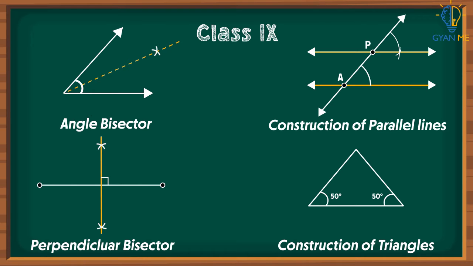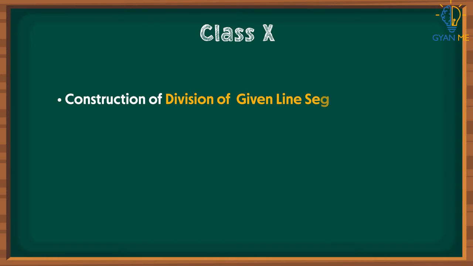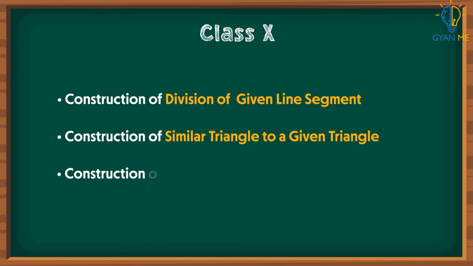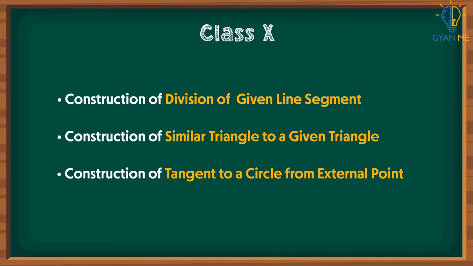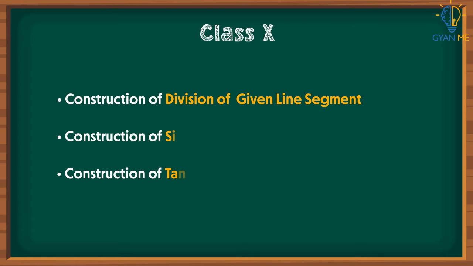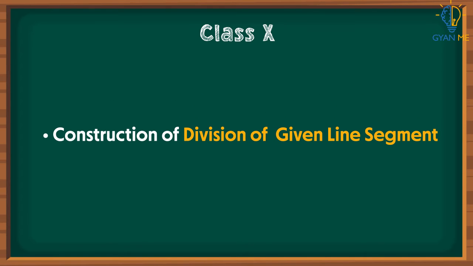In this chapter, we shall study some more constructions, like division of a given line segment, a similar triangle to a given triangle, and a tangent to a circle from an external point. Let us see the first construction, that is how to divide a given line segment into sections in a given